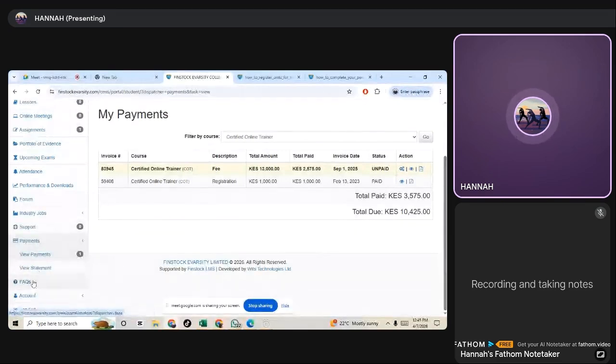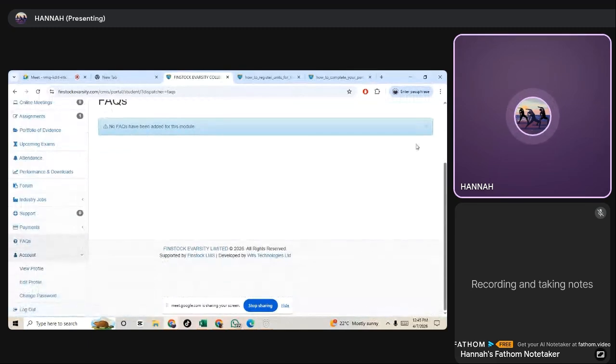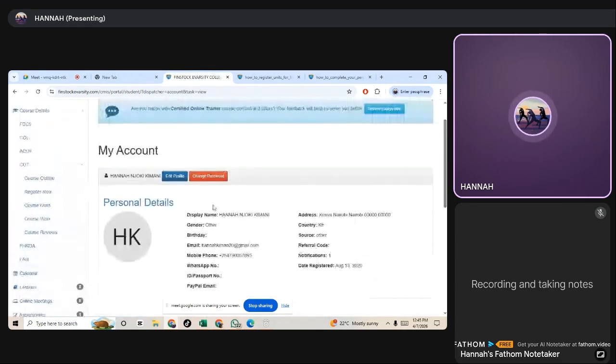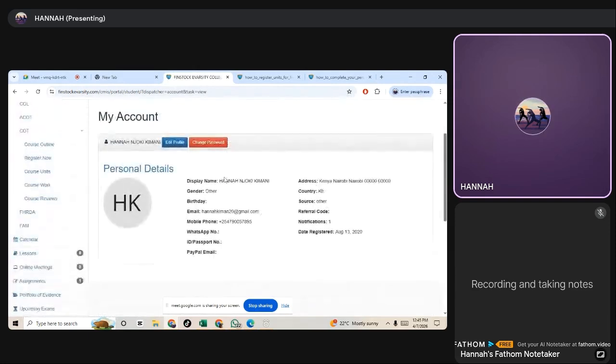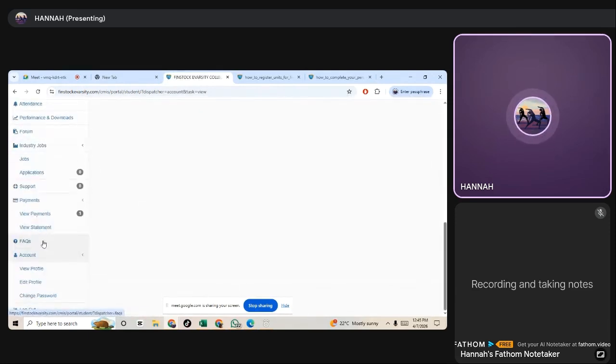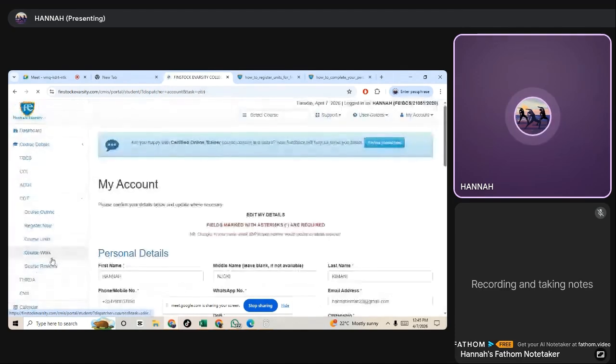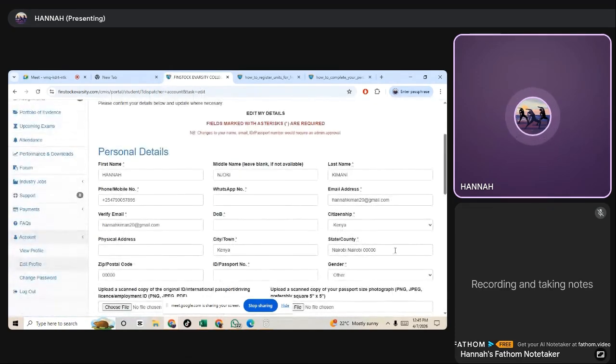Then under the account, remember we're still in the student portal and we are using a laptop. Under this one, you can view your profile. This is my profile. This is my gender, whatever. Then maybe I want to edit this profile. For example, I might have changed my number. I will come here and change it.